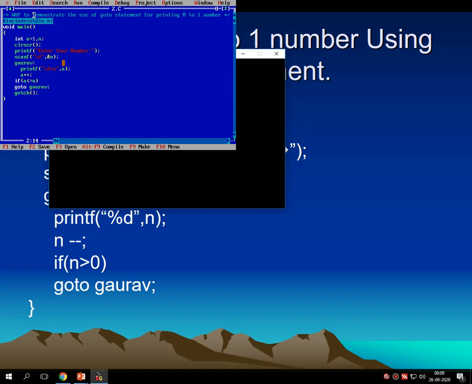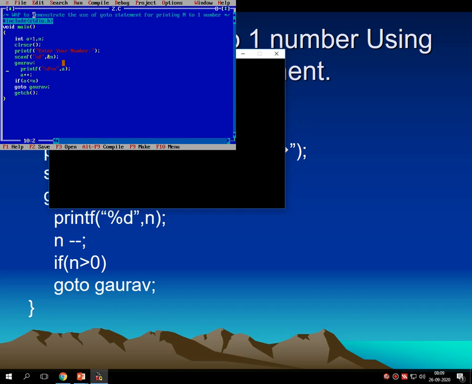Now I have to start by printing n till 1. So I need not change anything in this first line. Integer a equals 1. This is the last number and n is the starting number. After that there is a basic function called clrscr. Then printf enter your number, scanf %d and &n, which reads the user's number.